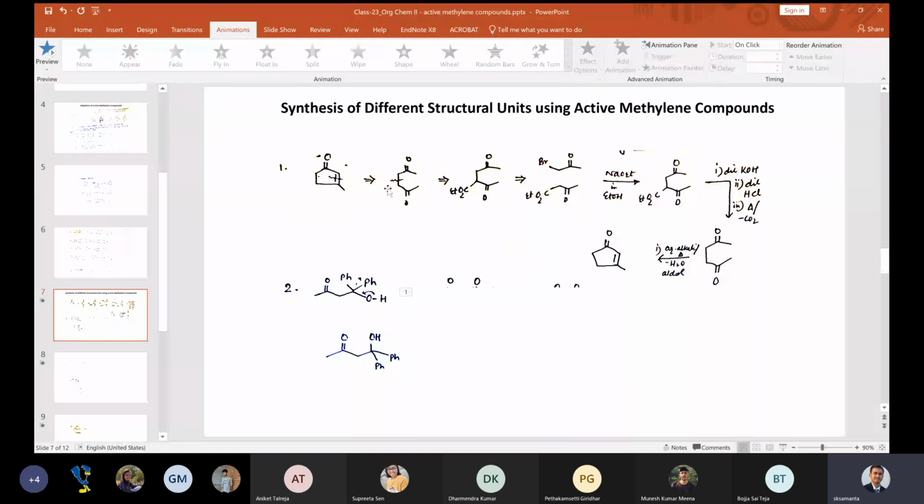How can we make this molecule? Again, we can cut here. How do we cut? Before cutting here, we need to add a functional group. When we are going back, this kind of double slided arrow is used. Before cutting here, we need to add a functional group, because we know that we can remove this functional group. How? Just hydrolyze it, acidify it, and heat it. It's a beta keto ester, so we can remove it.